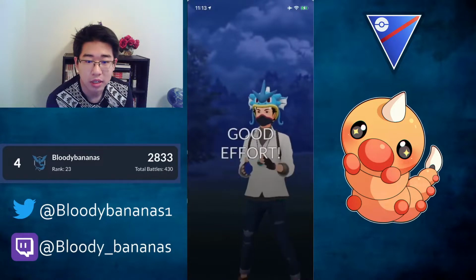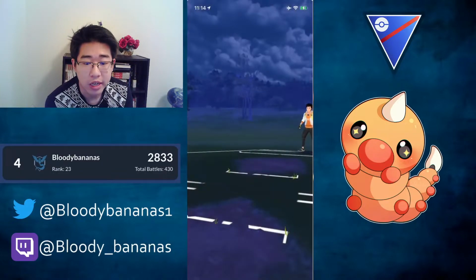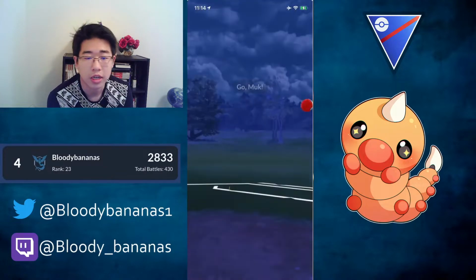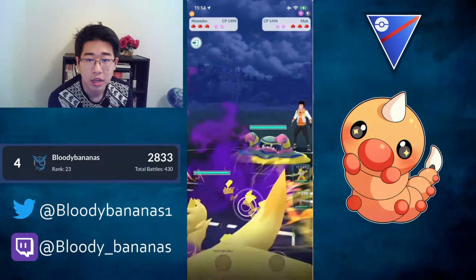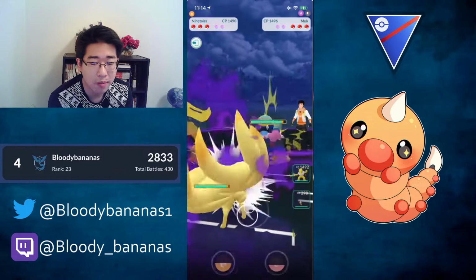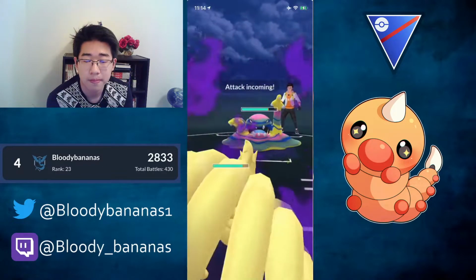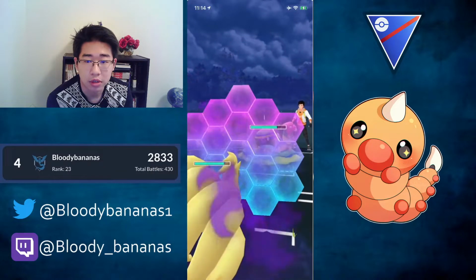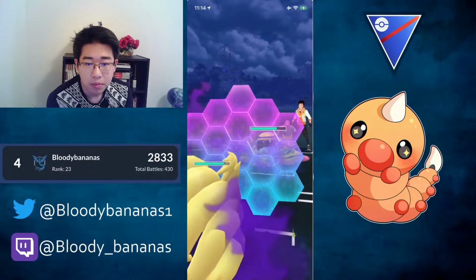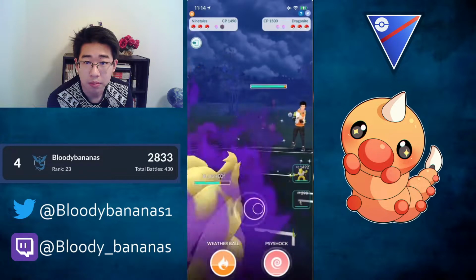Next up, let's see if we can pull this off with Weedle in the third game of this set. Again, we're going to go with the same team, obviously. So now we have Ninetales and a Muck. This is not a bad matchup. We kind of have to rely on the Ninetales to take out this Muck. They go for the Dark Pulse right away. We're going to have to shield this. And then I go for some...